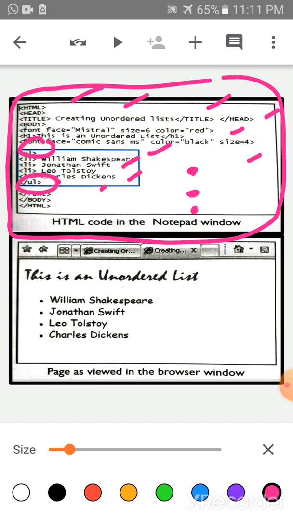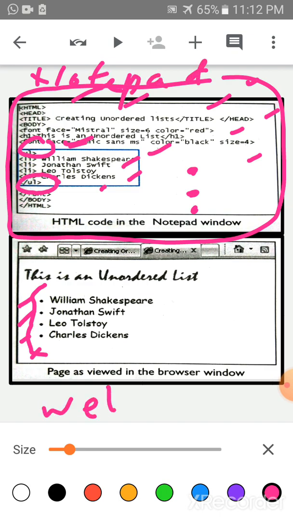Here I have not written any type attribute, then this web page will come, this bullet will come. Okay, this is the web page and this is the notepad. Okay children,